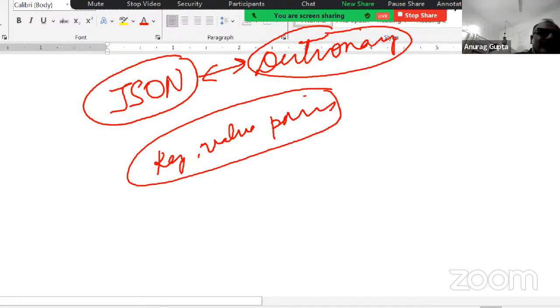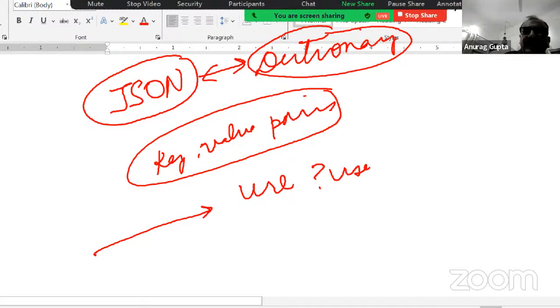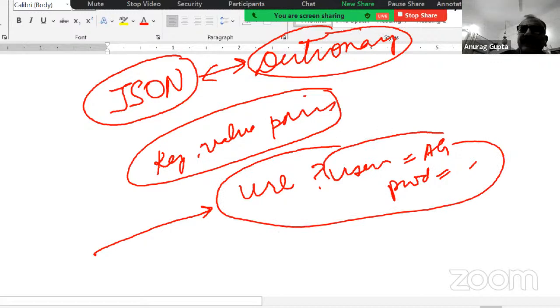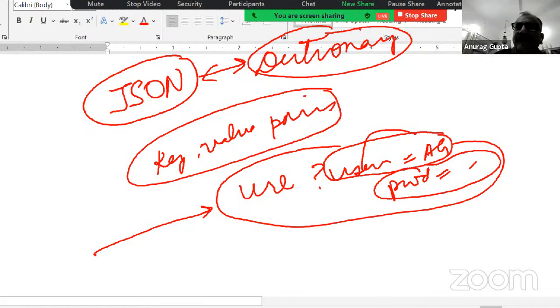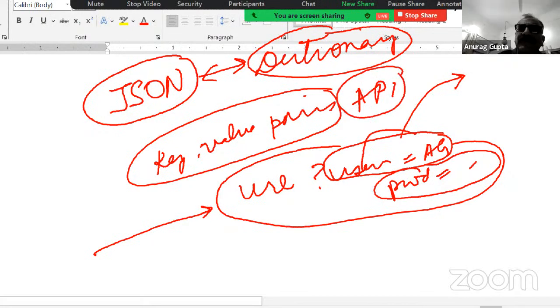For example, suppose I have to call a website. So what I will do, I will give the URL of the website and then a question mark, then I will say user equal to AG, password equal to something else. So what I have done, I am passing these parameters in the form of a key value pair, right? So now when I use an API, we will do a few APIs if we get the chance, I have to pass it the parameters in the form of key value pairs.